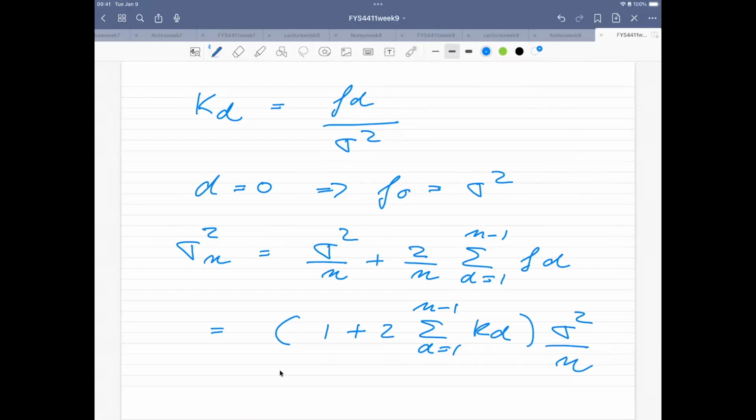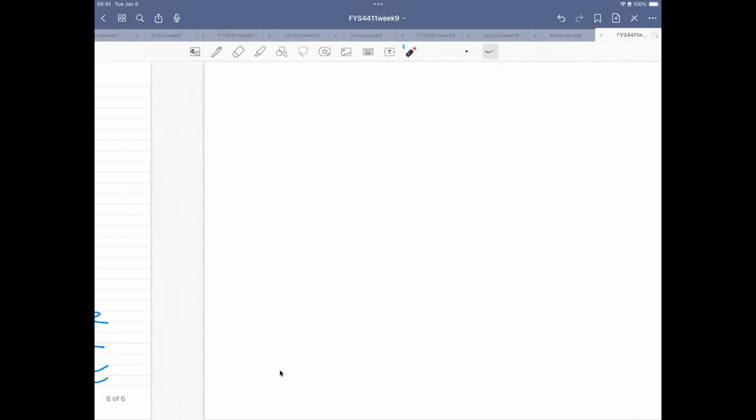Now, the things which we have in parentheses here is something which also defines an autocorrelation time. And this quantity is defined as, and I'm going to define that one as a tau. And that is defined as the terms which we have inside the parentheses here. So that means that what I can do then is to redefine my